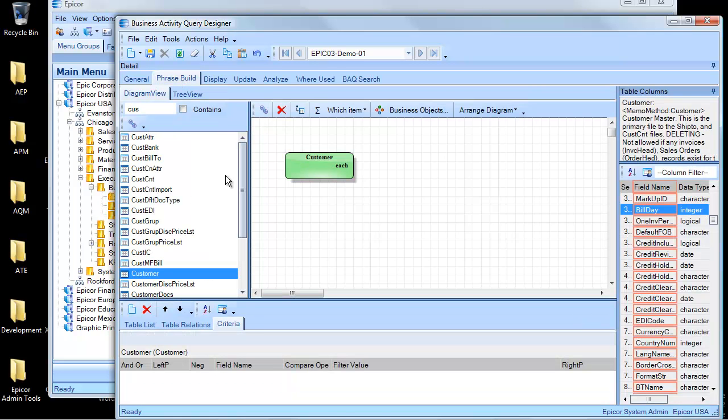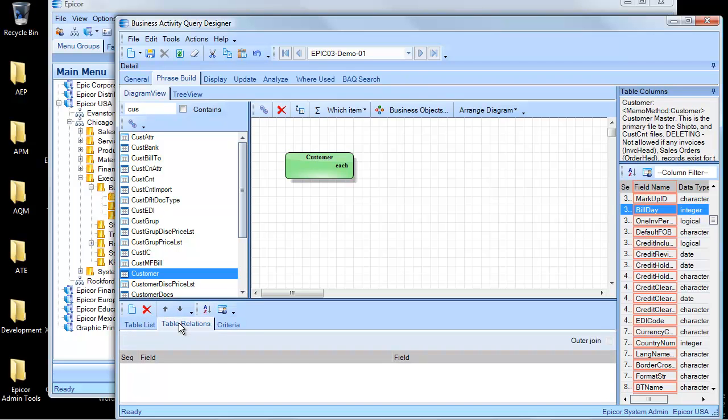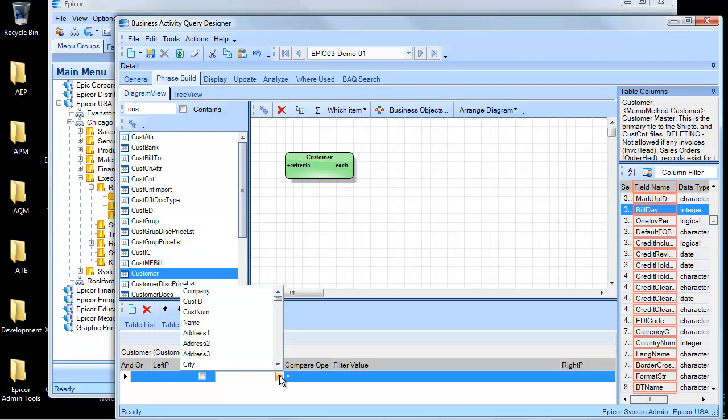Let me go back to Phrase Builder. Here's the table list. Right now I only have one table. Relations will be listed here if I had any. I don't. And I can put a criteria. For instance, I'm going to do a new criteria. I only want